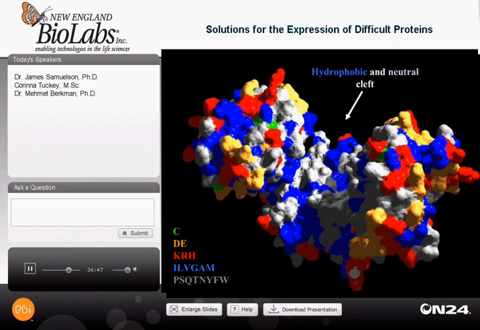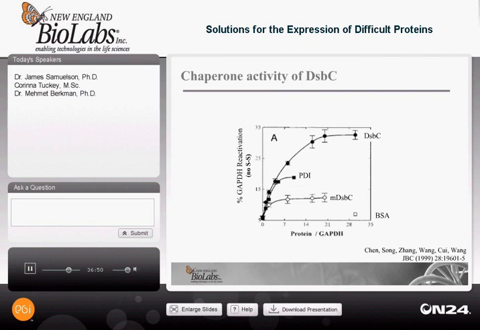Furthermore, if you take a protein such as GAPDH, which has no disulfide bonds, and denature it in vitro, and in a test tube add DsbC, you can reconstitute it back to its folded state quite efficiently. So DsbC has quite a good chaperone property, much better than its functional eukaryotic homolog PDI. Here you see that PDI is not as efficient a chaperone as DsbC is. And if you add to this reaction a mutant DsbC that is only monomeric, that does not have the cleft or the hydrophobic patch, you see that its chaperone property is diminished.